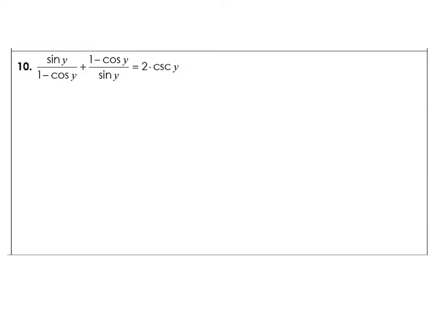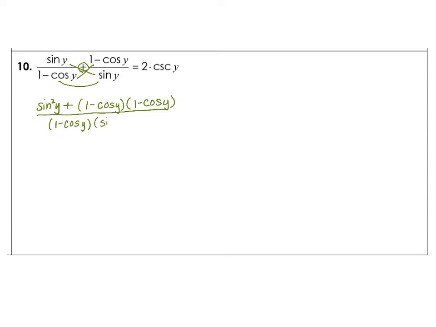All right, so again, very similar, this next example. Instead of going through and rationalizing, though, this has already got 2 fractions added, so we're going to do our cross multiplying here. And when we do, we're going to have sine squared y plus, because that's the sign between them, and we're going to multiply those 2 together, so 1 minus cosine y times 1 minus cosine y. And that's going to be all over the product of our denominators. So we're going to have 1 minus cosine y